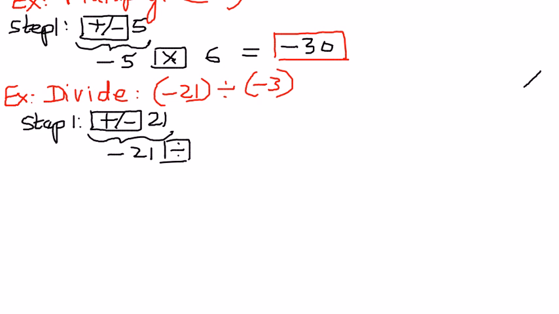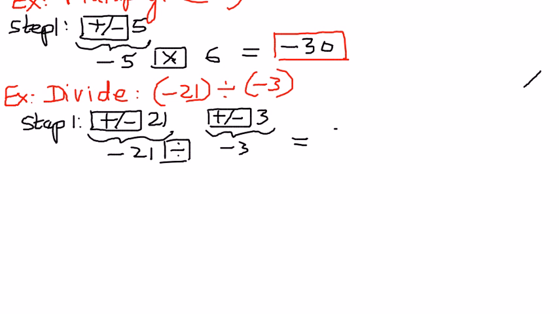And then to enter negative 3, you're going to press the positive negative button and then enter the value 3. When you do that, the calculator is going to display negative 3 like that. After entering all of these, you'll see that the value is going to be displayed as